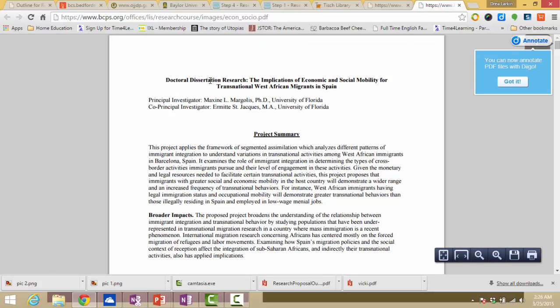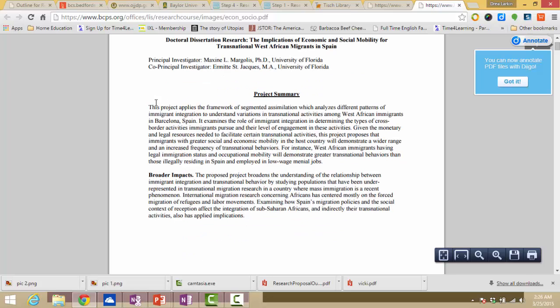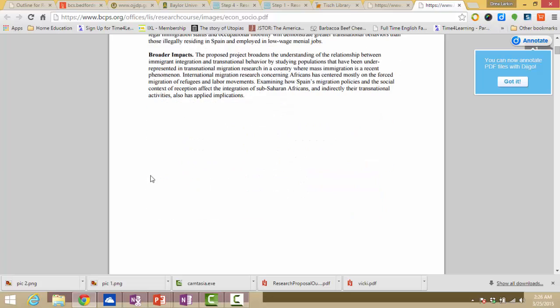Let's go back. Let's look at the economics proposal. And here you will see another dissertation research project. But this one has the project summary, the broader impacts. This is the significance.